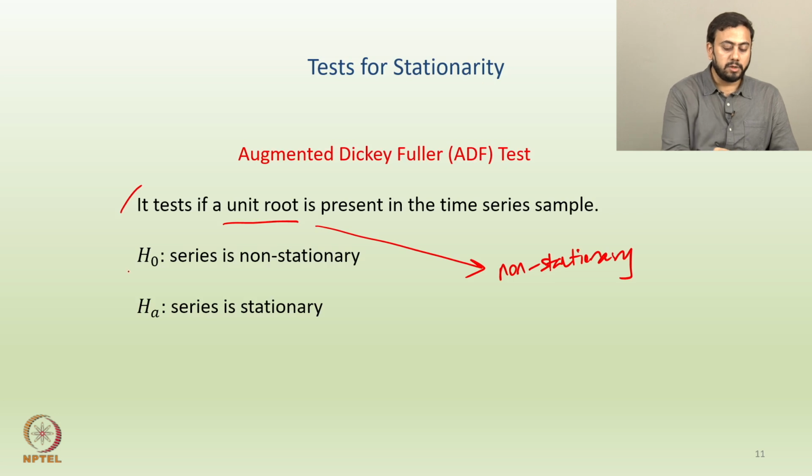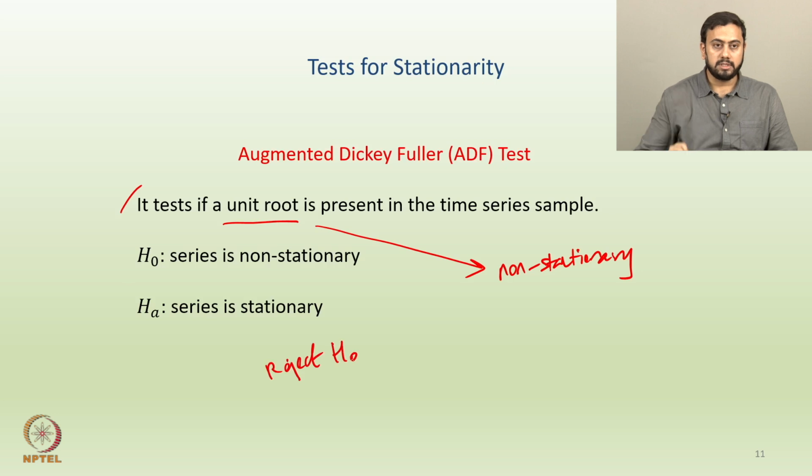So, if you apply this ADF test and you reject the null hypothesis, it means that the series is in fact stationary. If you reject the H naught, it means that the series is in fact stationary. All these tests can be performed in any software including R. You have a function called adf.test. During one of the practical sessions we will take it up, but just to reference it here.